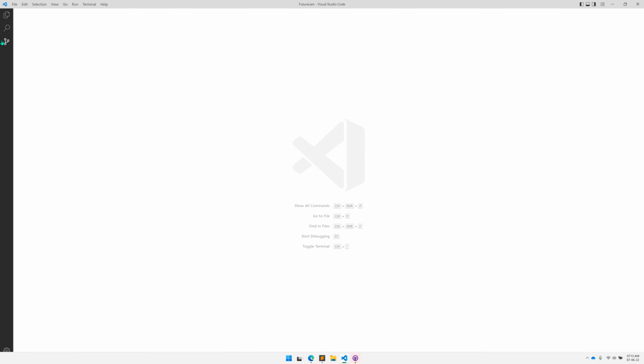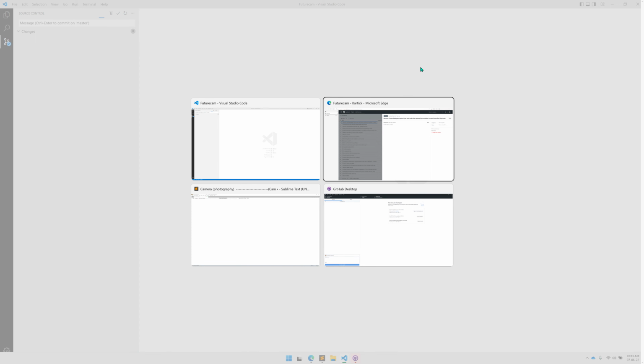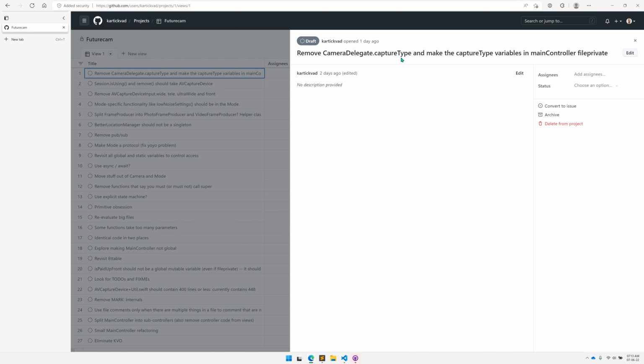We need to pull from source control, otherwise this will get out of date. Pull. We can't delete this yet because we haven't removed it, but we'll work on it in a future commit. See you in the next